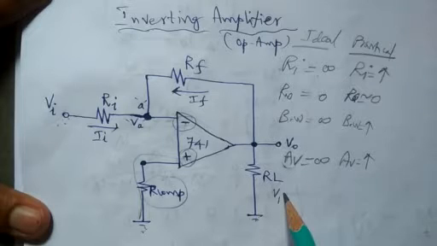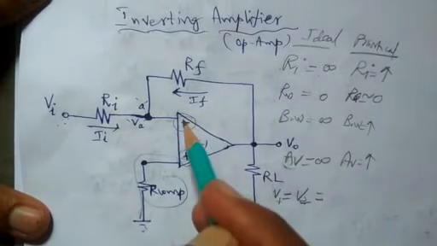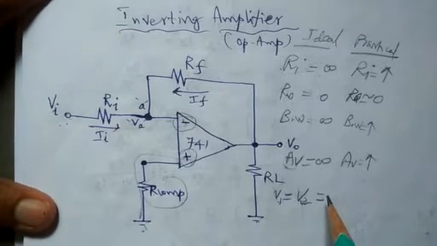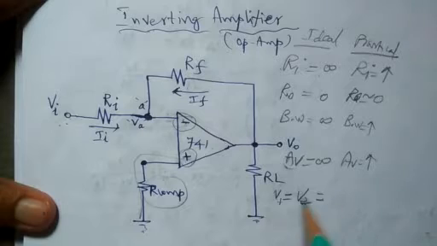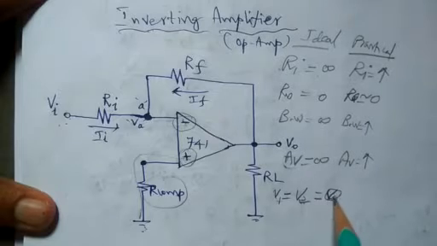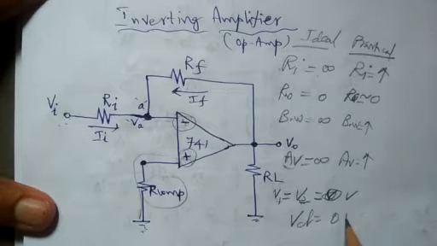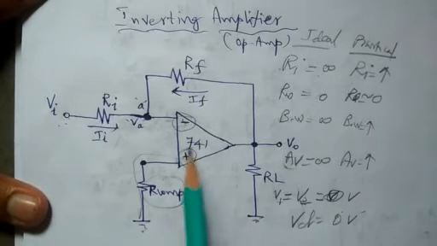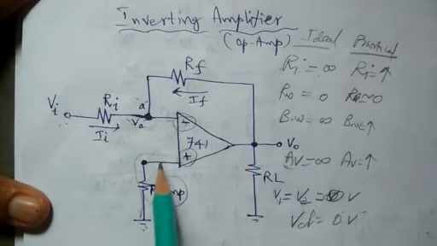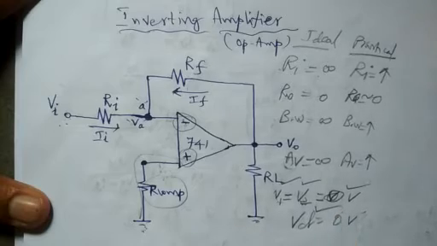For both practical and theoretical cases, V1 and V2 are taken as the inverting and non-inverting input potentials. If V1 and V2 are the same potential, then Vd, the difference between V1 and V2, must be 0 volt. So the potential difference between the inputs applied at these two terminals must be 0 if both inputs are the same. V1 and V2 are the same, means Vd must be 0.